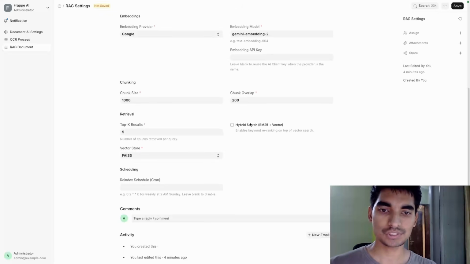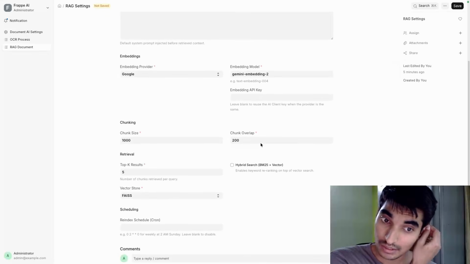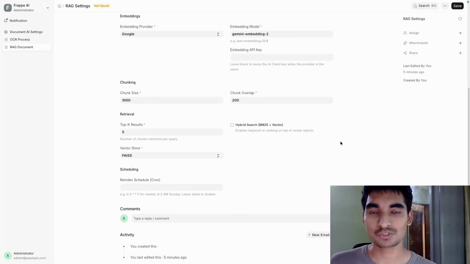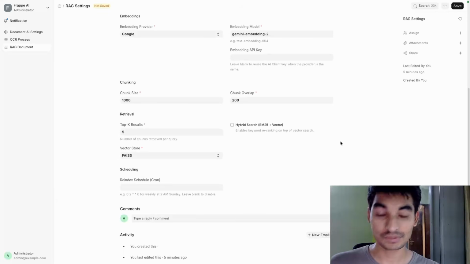So you see this option here, hybrid search enabled. It's not implemented as of now, but there's a feature that I came across while studying FAISS: it also supports semantic search.